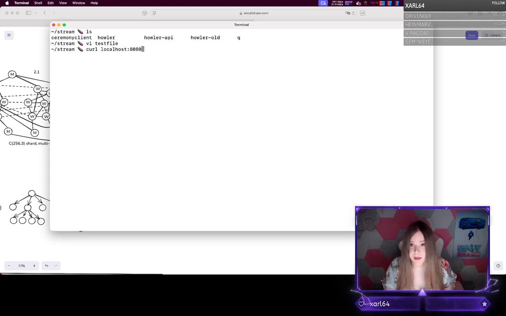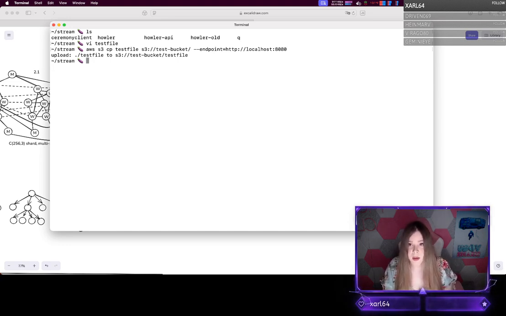And we will have that. Now you can use the S3 API to add that file to the test bucket. Okay, and now we've copied that file.